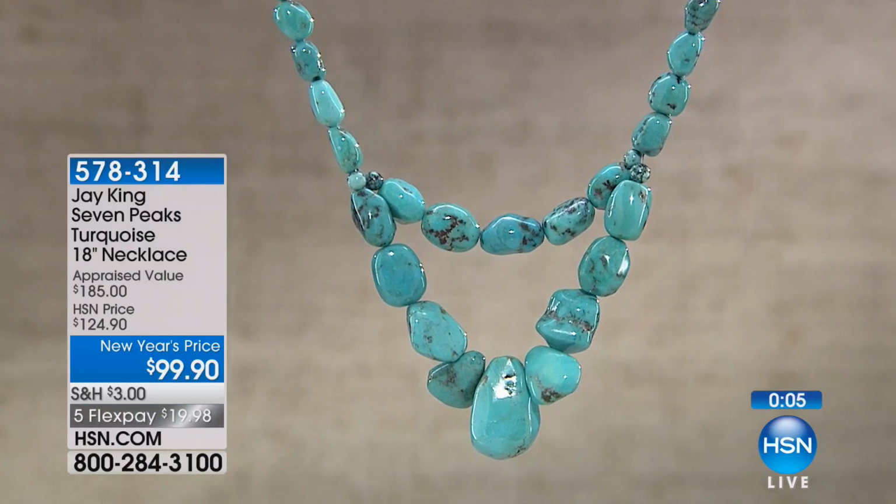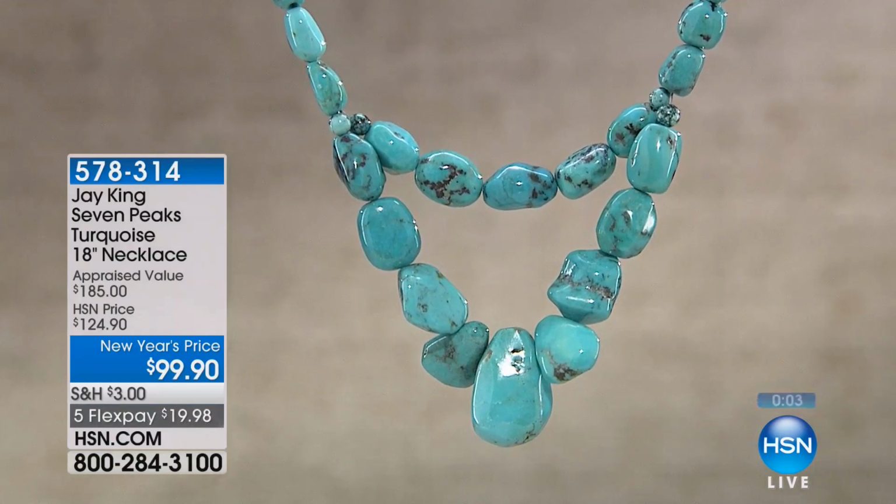Now, Patricia said she picked up the lapis. So I just want to inform everyone, if you picked up our lapis